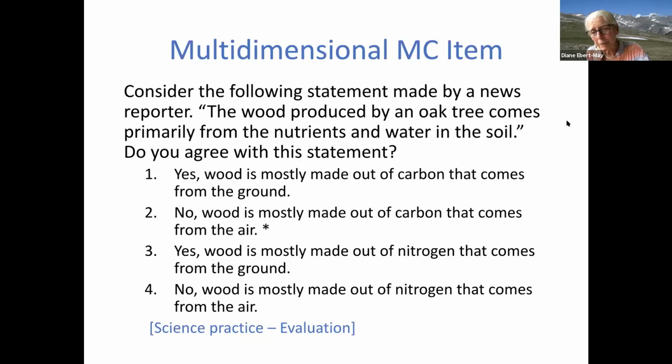This is a scientific practice that we claim in our research. This is an evaluation of that statement because you've given a reporter scenario, and now you're evaluating the science in that scenario. Is it true? I agree, I disagree, and why? The thing that most multiple choice questions and constructed responses are missing is the student's reasoning. Why do you think this? This is what will inform you, teacher, and our students where their thinking is at and what we have to work more on or less on.